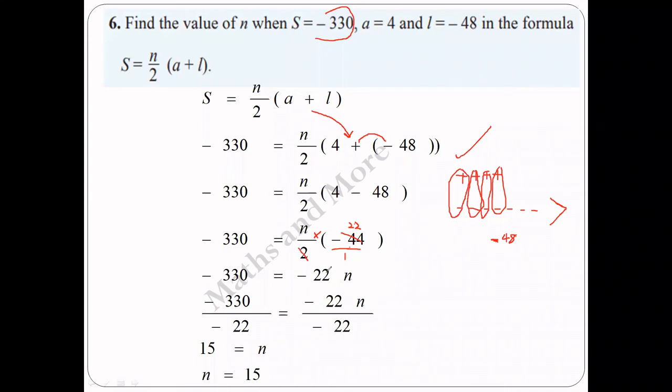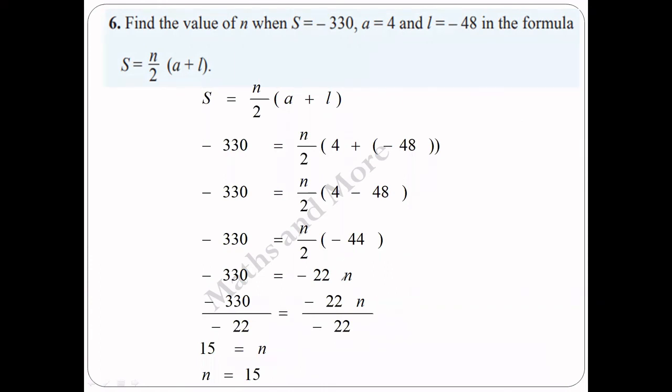When we write, normally we write the number on the left hand side and the symbol on the right hand side. So you can't write n22, you have to write 22n. n into minus 22 is minus 22n. Now we want to divide both sides by minus 22, because in between there is a multiplication sign, so the inverse operation is dividing by minus 22. Cancel out minus 22 with this minus 22. Minus divided by minus will be plus.